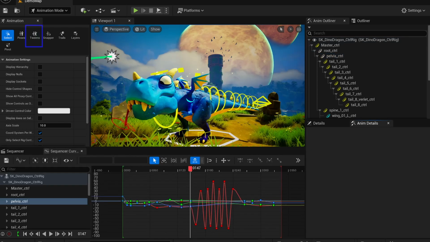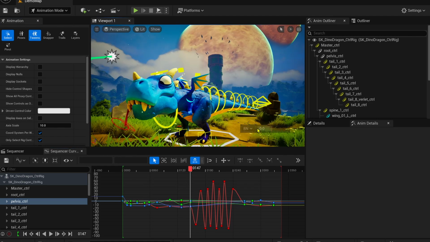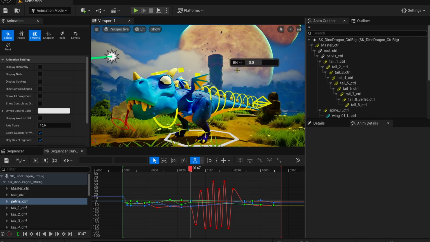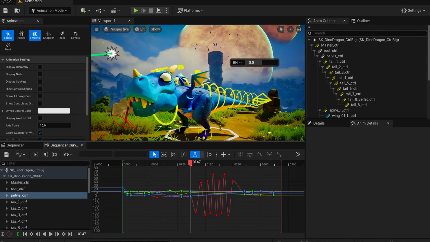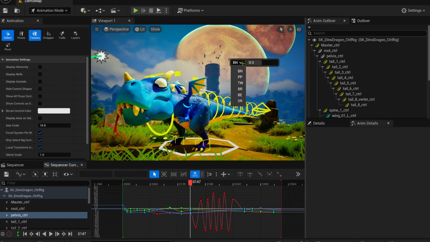In animation mode, you can find the Twins tool up here, near the poses tool. Clicking on it will bring up this small window. Be aware that sometimes it might pop up behind the sequencer, so if you don't see it, try resizing the sequencer to locate it. Using the drop-down menu here, you can access different interpolation methods for adjusting your selected keyframes. And with the latest update in 5.4, brand new methods have been added. That brings us to a total of 6 ways to tweak our keys, which is super cool. So now, let's break it down.